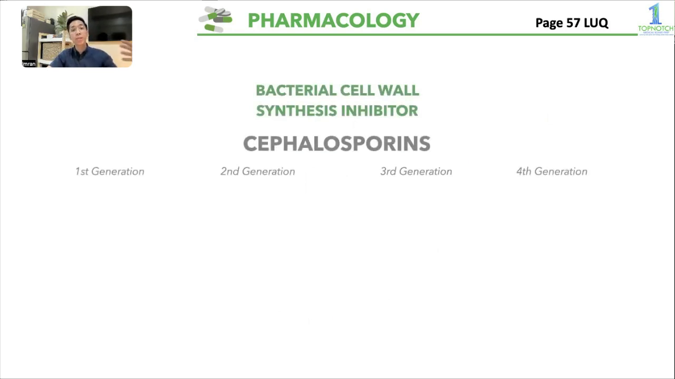Okay, pag third generation, as you go along, as you go higher dun sa generation, mas nagkakaroon ka ng lesser gram-positive effect and more gram-negative effect. Okay, so among your third generations,